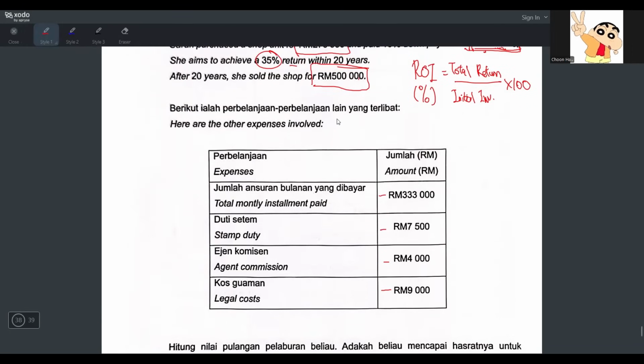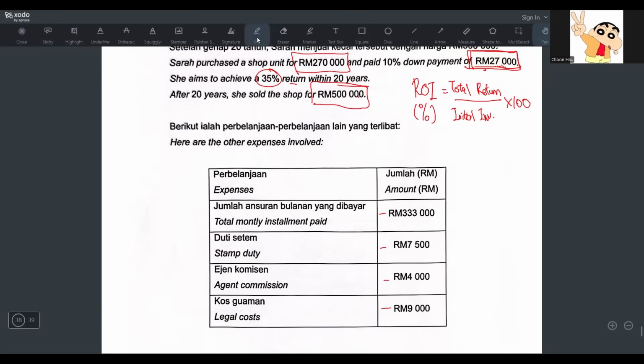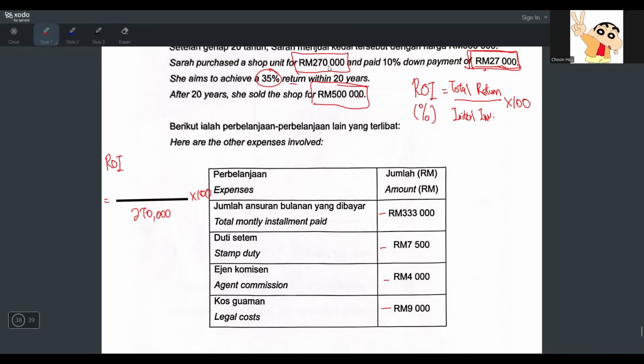So where should I write it? Okay, I'll just do it here. So my ROI equals, okay, later I have to calculate my total return, and then here I have to times 100. Okay, the initial investment I know already. That's the 270,000. That's the initial investment I purchased, right? I purchased 270,000. But for the total return, you have to take 500,000,